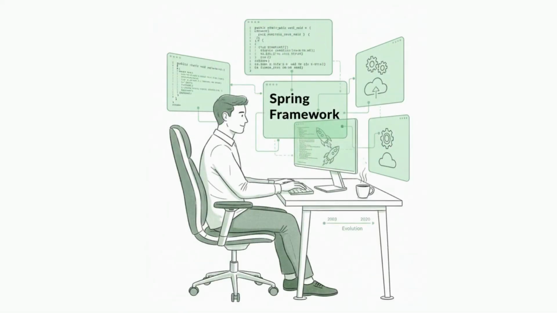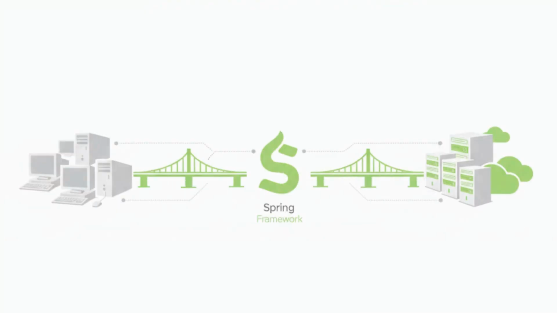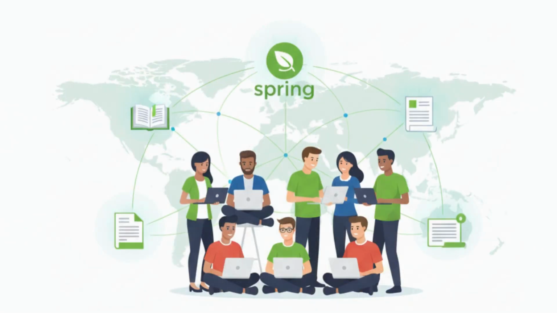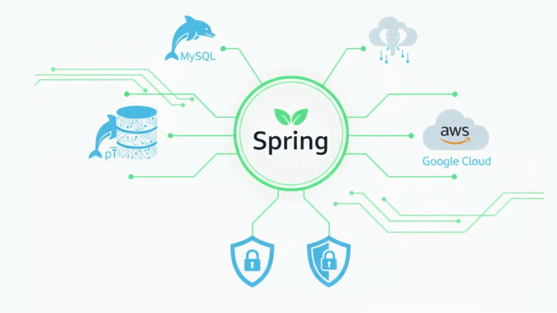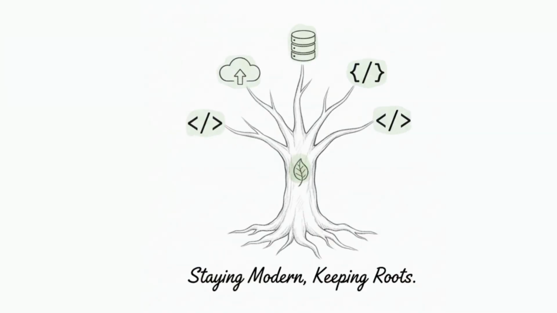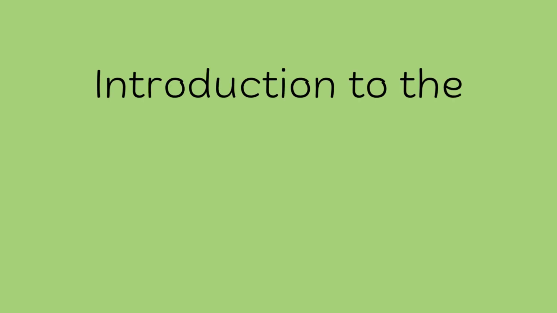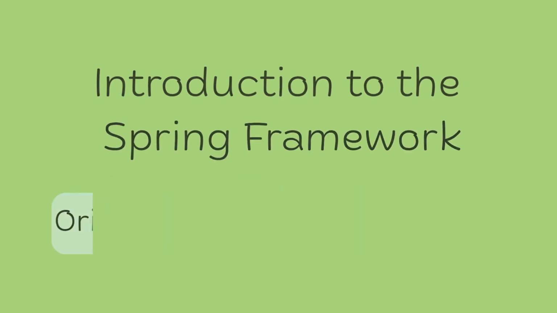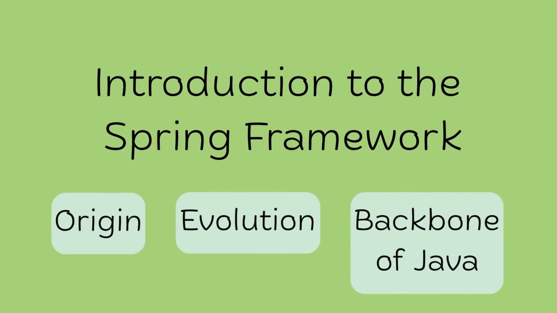So, why do developers still choose Spring after all these years? Because it is flexible, works with old and new technologies alike, backed by a massive community and documentation, integrated with almost everything from databases to cloud services, and constantly evolving. Spring Boot, Spring Cloud, Reactive Stack, all built on the same strong foundation. Spring has managed to stay modern without losing its roots. That's rare. So that is your big picture introduction to the Spring Framework, its origin, evolution, and why it remains the backbone